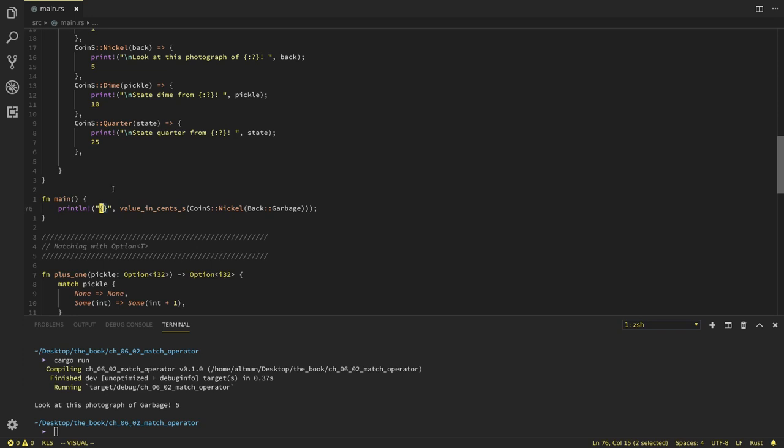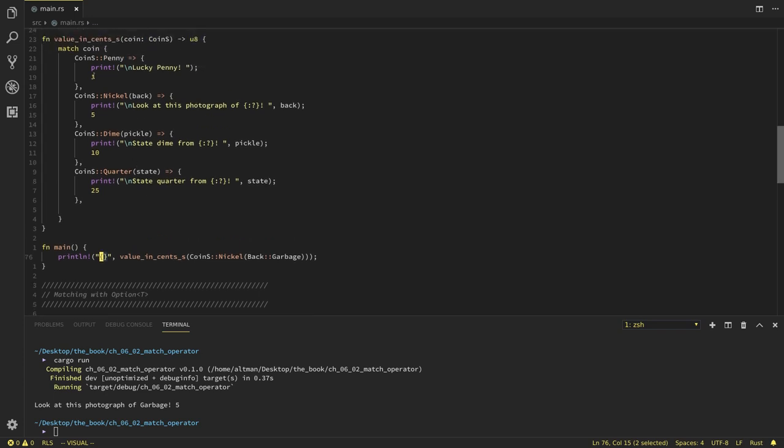So then this value and cents coins Nickelback garbage goes on the stack, and still nothing has resolved, right? So then that takes us here, and on top of this in the stack goes this match expression, matching to coin, and still nothing has resolved. And then on top of this match expression in the stack goes, and I don't know if this is really, no, it's probably not, because